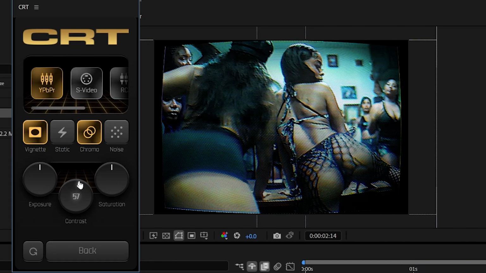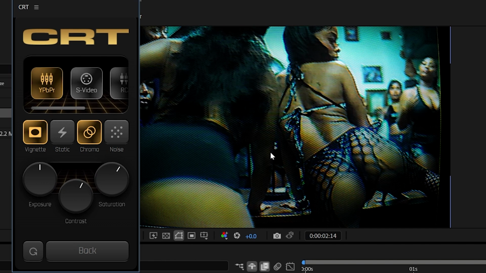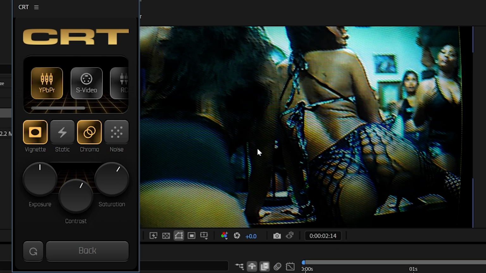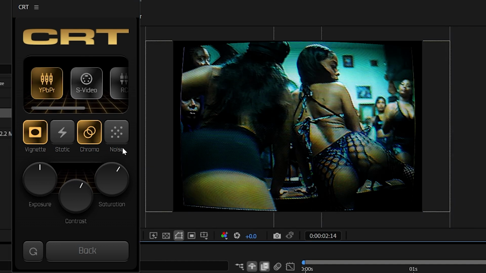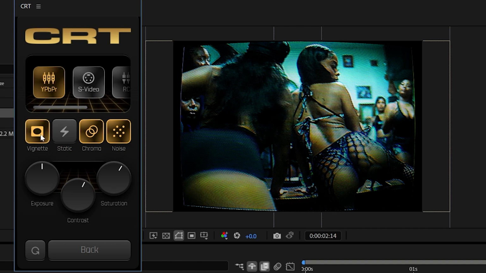I'm gonna add some contrast, maybe a little saturation. Slow down, baby. I promise you I'm not doing this for the butts. On, off, on, off. Yeah, I'm gonna keep chroma on. I like the effect it gives off. Noise, always. And I think I'm satisfied with this, so I'd like to leave the vignette on and let's head